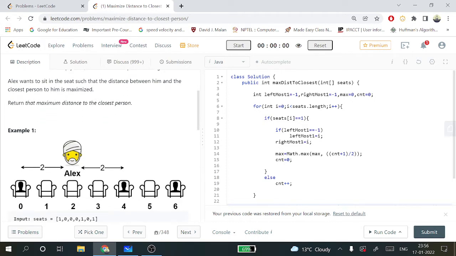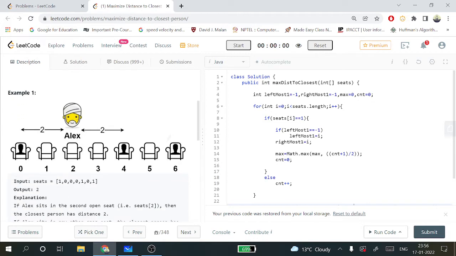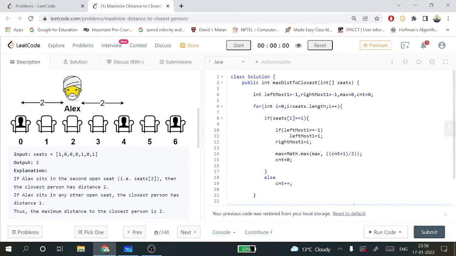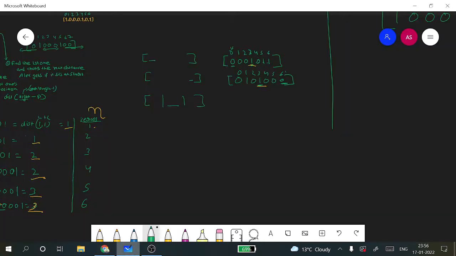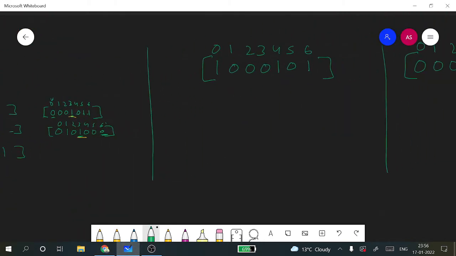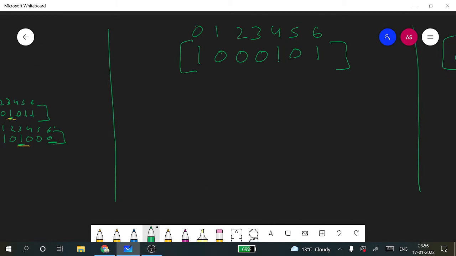Alex wants to sit in a seat such that the distance between him and the closest person is maximized. So we have to return the maximum distance to the closest person. To understand this, let's pick one example. Given this example, Alex can sit in any of the zero positions, and we have to find the maximum